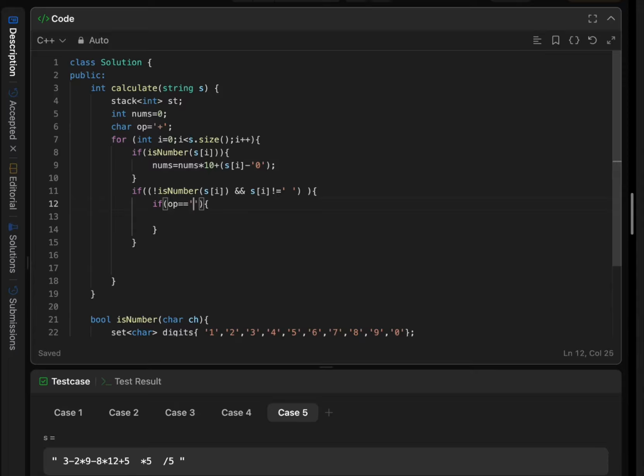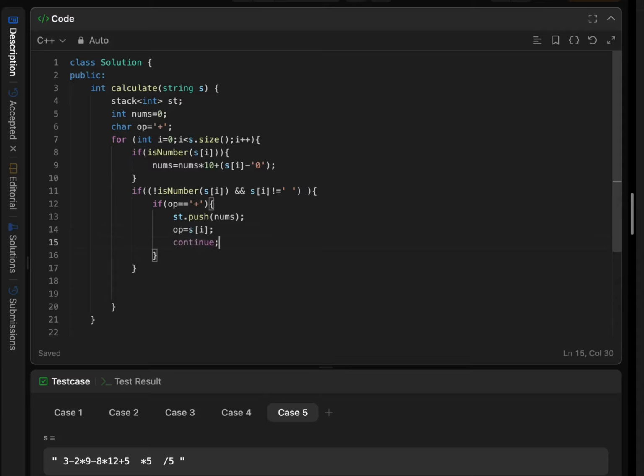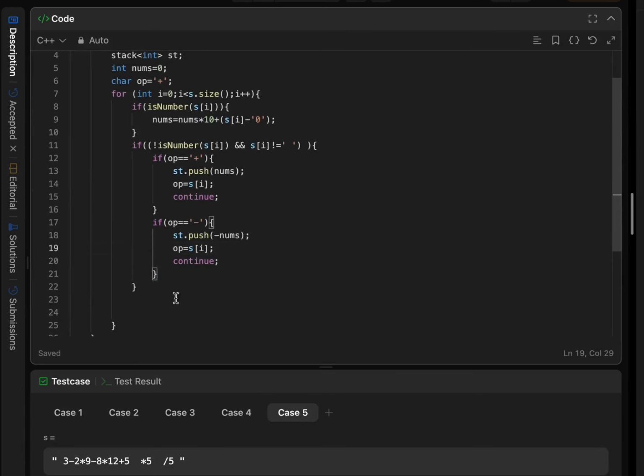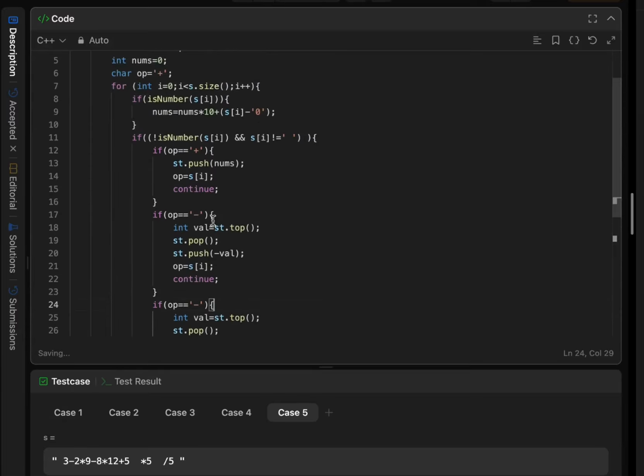So if op equals to plus, we will push the number directly, we will change the operator, whatever the operator is here, and we will continue. For subtraction we will negate the number, and op equals to the current character, then continue. For multiplication we will access the last number